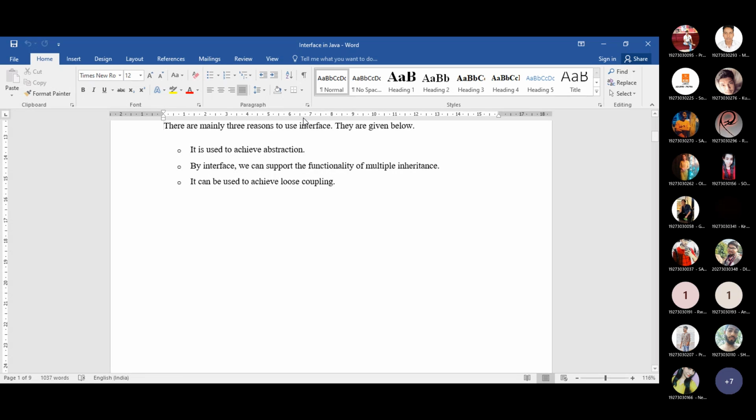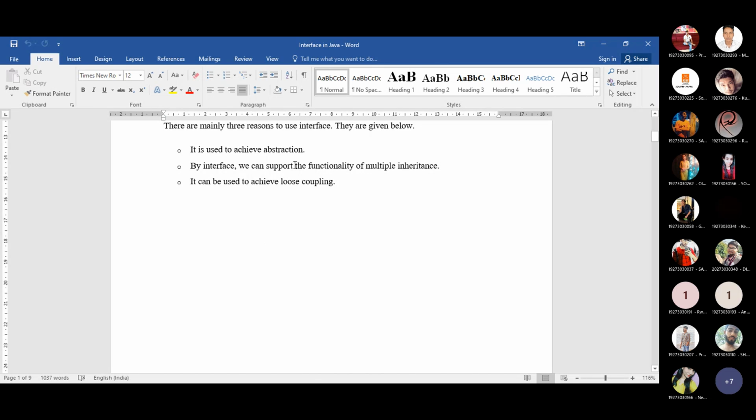Because whenever you are using the interface, all the methods inside it are defined as abstract methods. So whenever you extend that interface inside any child class, it can be easily implemented in its own way. That means there is no need for interaction between two modules.